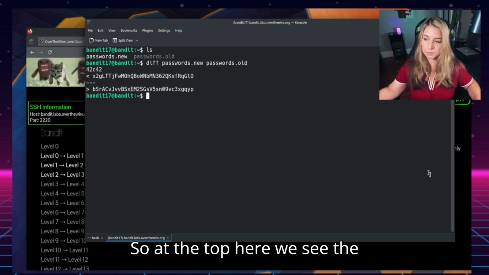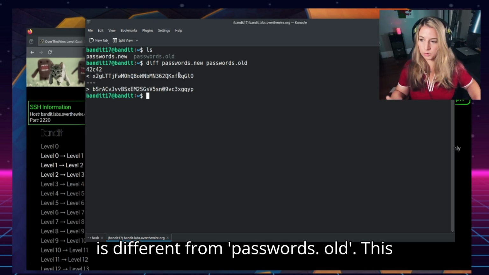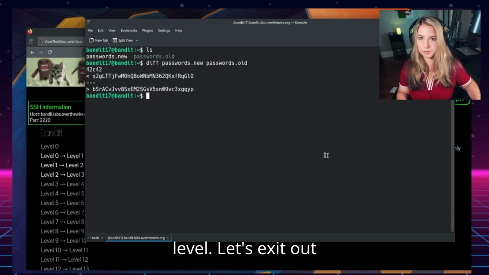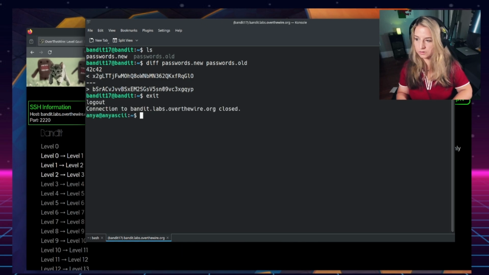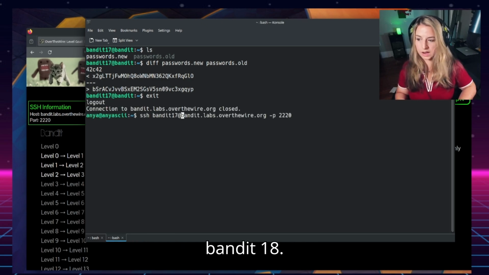So at the top here, we see the line that has changed and is different from passwords.old. This should be the password for the next level. Let's exit out and SSH over to Bandit 18.